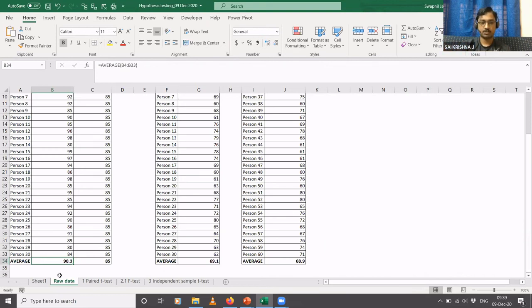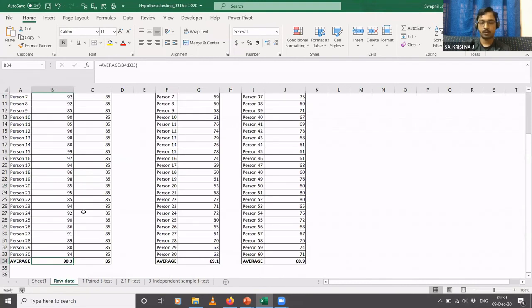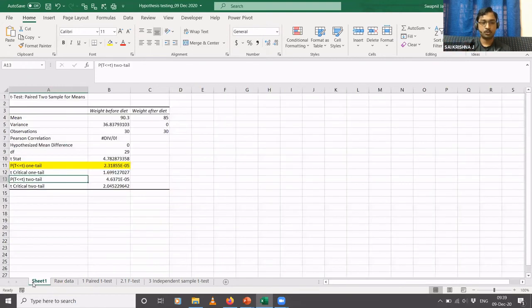So in those kinds of situations, you check for this P of two-tail. But here in this case, since we are talking about a diet, you absolutely know for sure that if I am dieting, there is no chance for me to increase the weight, it can only decrease. So in those kinds of situations where you're absolutely sure that the outcome is in only one particular direction, you select this P of one-tailed distribution, and here this is nothing but 2.31 times 10 to the power of minus 5. So this value you have to compare with that 0.05, or the alpha. And here, if you see, this 2.3 times 10 to the power of minus 5 is less than 0.05, and let me come back here.